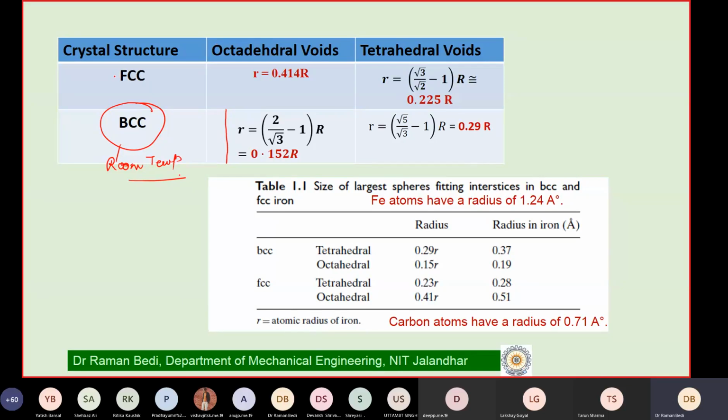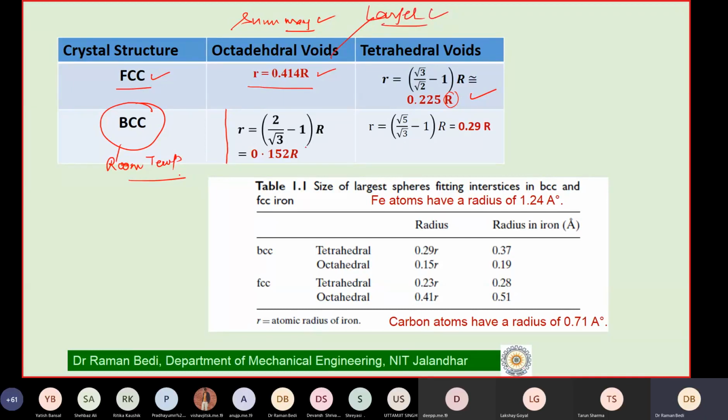But for the time being, if you concentrate upon this table, this is a summary which I have tried to create, although I will add more things to the summary in my next slide. So in your FCC lattice, we have seen that the octahedral voids are given by 0.41 times the radius of the atoms which are at the lattice points. Similarly, the tetrahedral voids are 0.225 times the radius of the atoms which are at the main atoms there. But when I try to find, which one is larger? So in the case of your FCC lattice, we see the octahedral voids are larger.